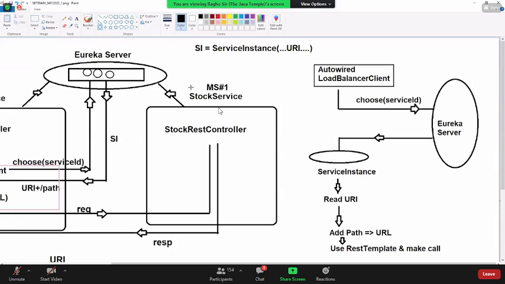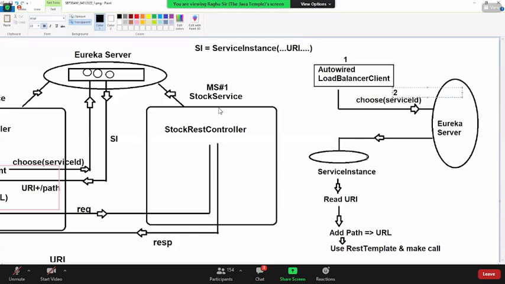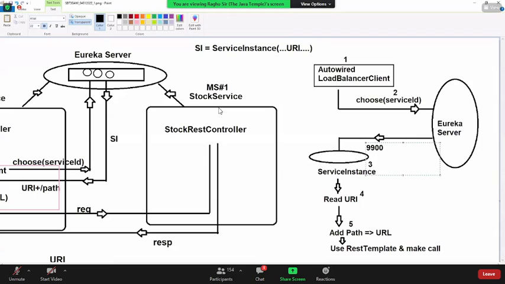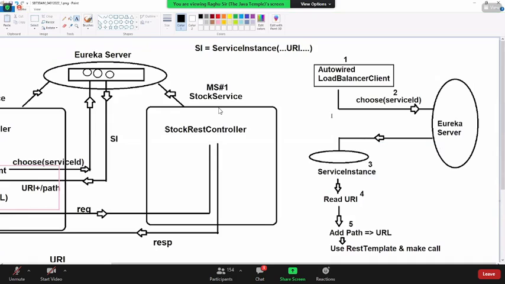Okay, so these are the major steps here. You can see the consumer coding steps. Every time it is going to get a different service instance. First time you got, for example, 9900. Next time you'll get 9902 instance. Next time 9904 instance. Then that means load balancer is working perfectly if that is the case here.